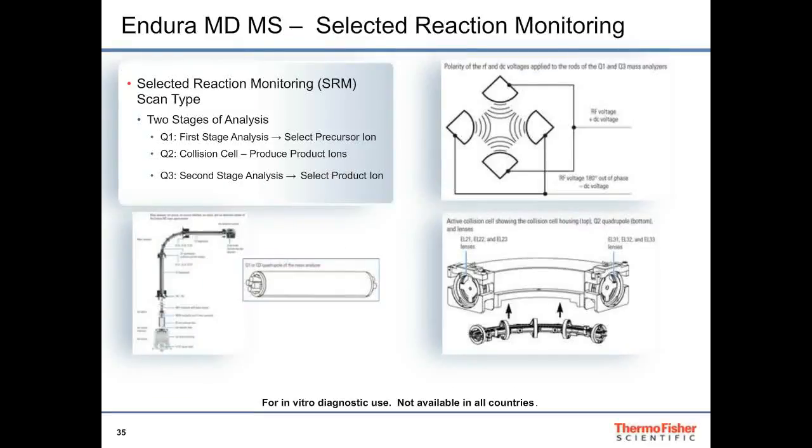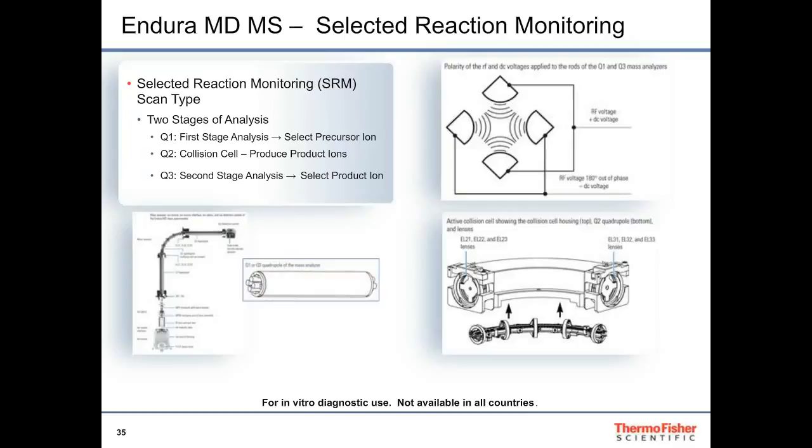The first and third quadrupoles, Q1 and Q3, of the Endura MD mass spectrometer are linear. The second quadrupole, Q2, is curved and is used to induce collisions of our analyte ions with argon or nitrogen gas to produce fragments. A typical selected reaction monitoring event involves isolating